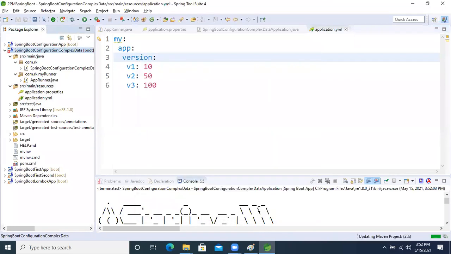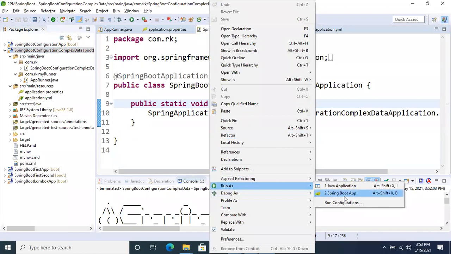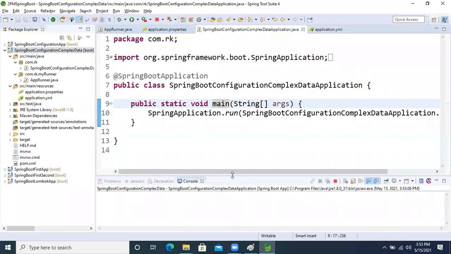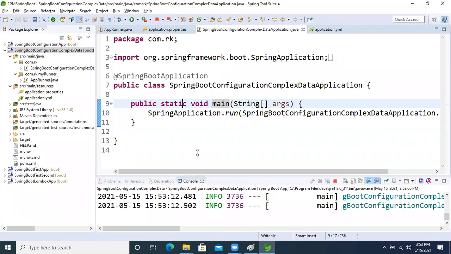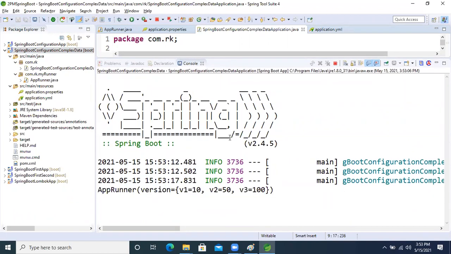Just update it. Yeah. Now run this application. Now it's injected, guys. Version 1 is 10, 50, 100, right?